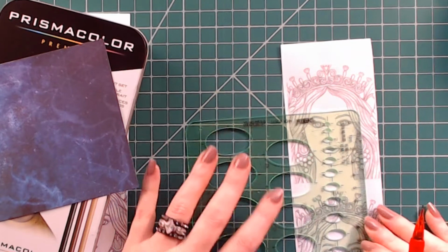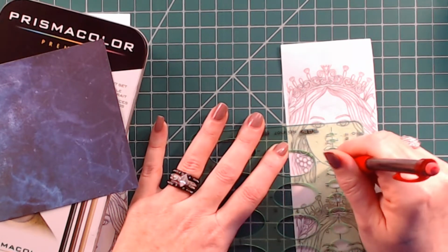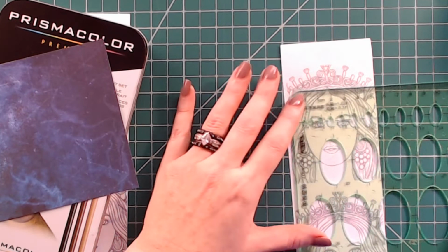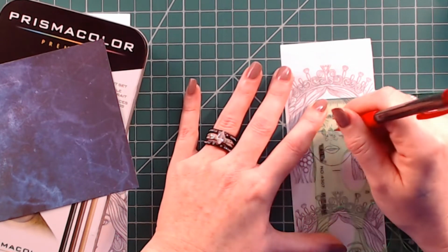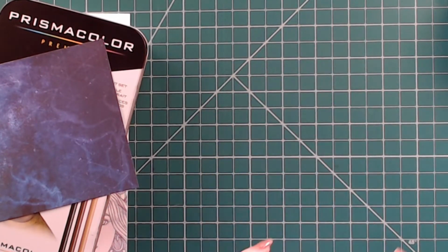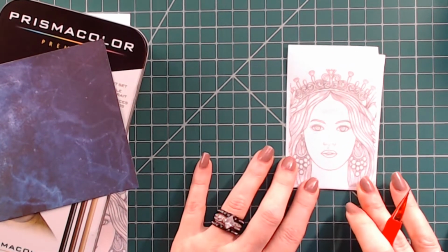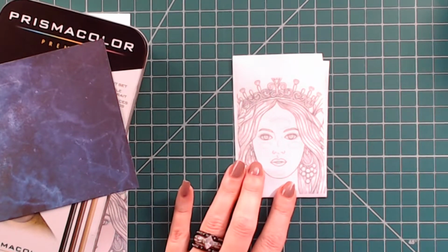Down here on the chin, I drew a little oval. And then over here on the nose, I drew a little tiny one here. Okay, so this is what I did when I first started out. And I'm just going to go ahead and fold this in half so I don't have to hide that bottom one. So this just kind of gave me a rough estimate of